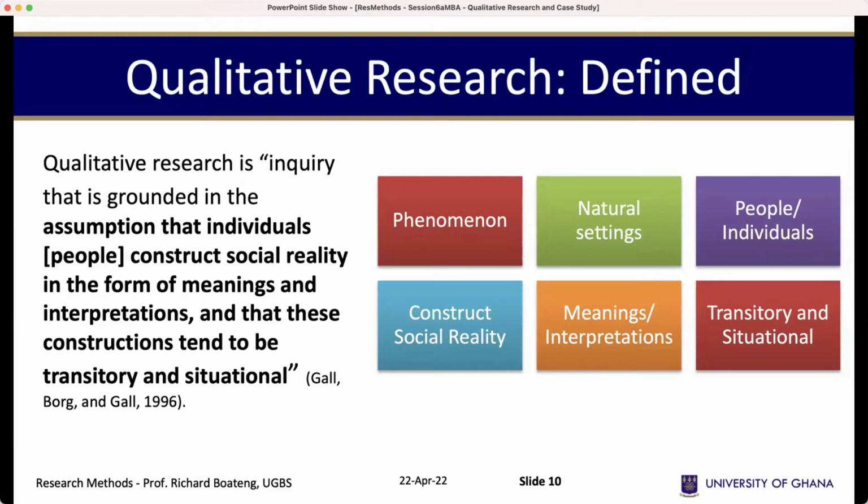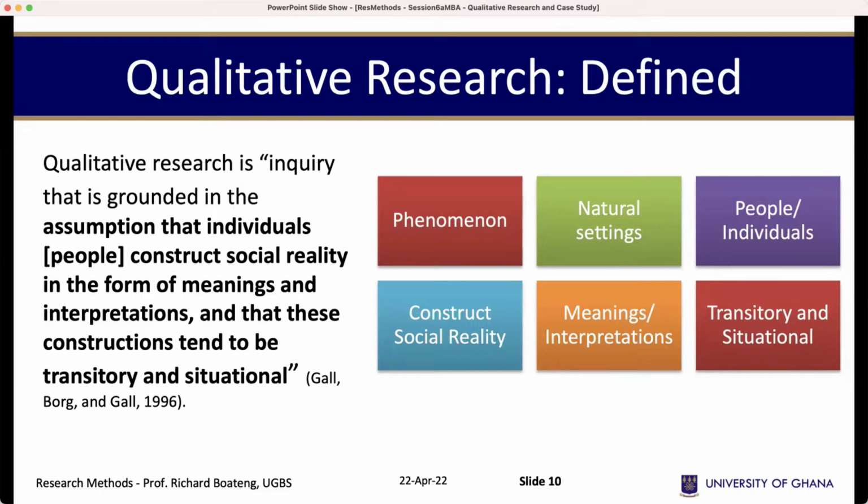It constructed his understanding of what to expect concerning what an apple tree or an apple itself was. And those meanings and interpretations tend to be transitional and situational, or tend to give us particular results or outputs that are transitional and situational,